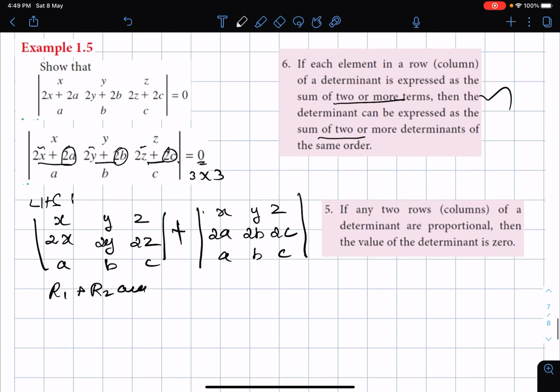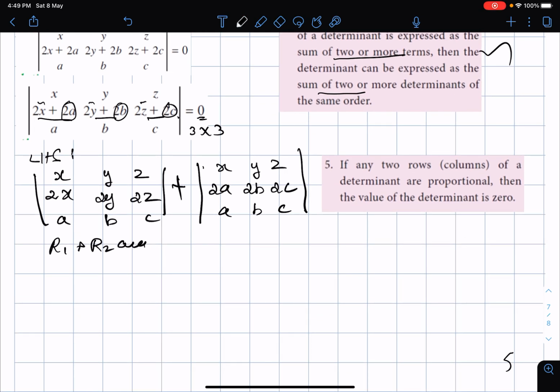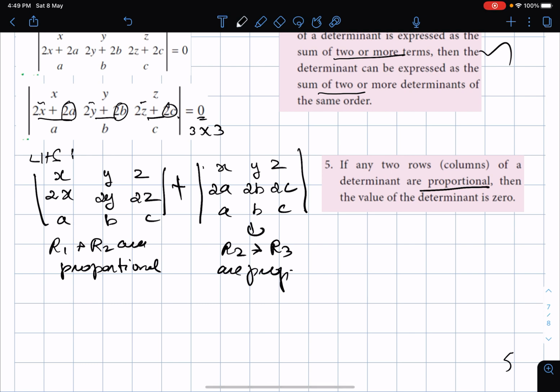Here R1 and R2 are proportional. Similarly here, R2 and R3 are proportional. So automatically both determinant values will become 0 plus 0, that is equal to 0, using property number 5.